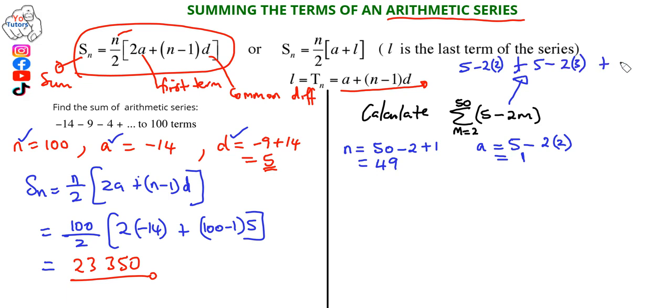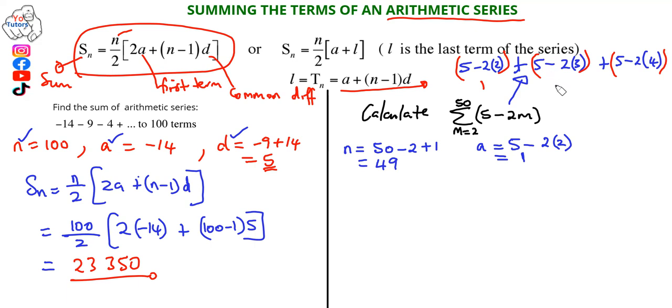The third one is going to be 5 minus 2 in bracket 4. So this is what we're going to have here. The first term we'll get is 1 already. Then 5 minus 2 times 3 is going to give us 6, so 5 minus 6 is going to give us